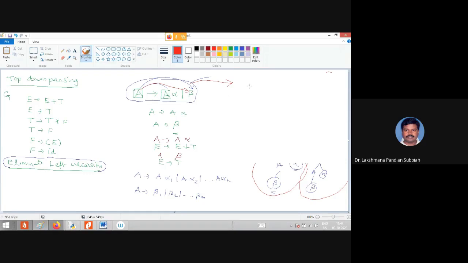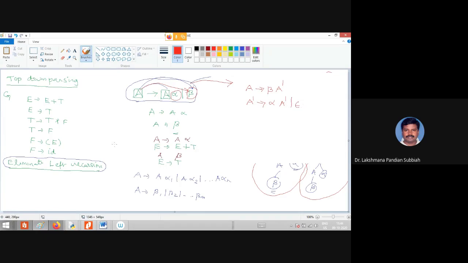You take this beta first, A derives beta A dash, then you introduce a new non-terminal A dash, then we have to generate another one as A dash derives this alpha part followed by A dash, and then put empty also. It's a simple way, right?